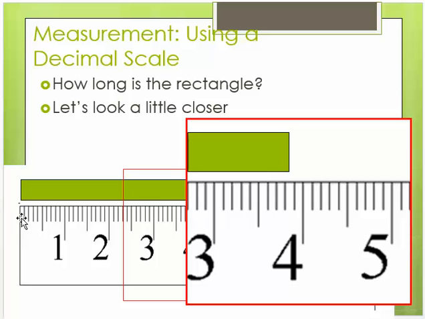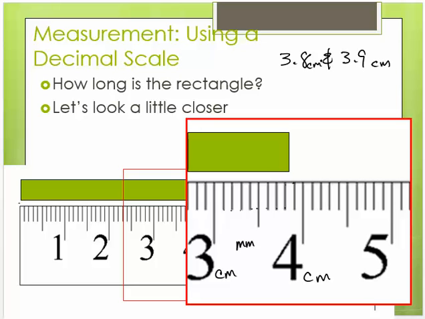Okay, on here, we've got this rectangle that we're trying to measure here. And this is kind of a smaller view. Let's blow it up here and see what we find. Well, it goes past the 3 centimeter mark. It's not quite to the 4 centimeter mark. So each of these are what? Well, they are millimeters. So it's 3.1, 2, 3, 4, 5, 6, 7, 8, 9. It's between 8 and 9. So it's between 3.8 and 3.9